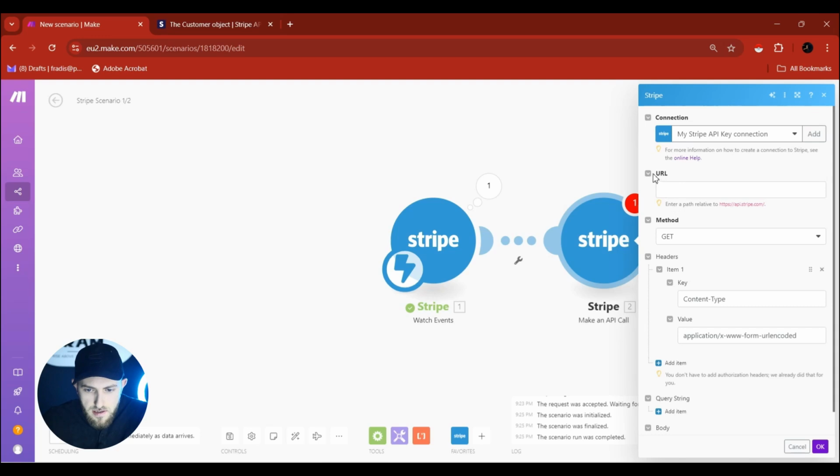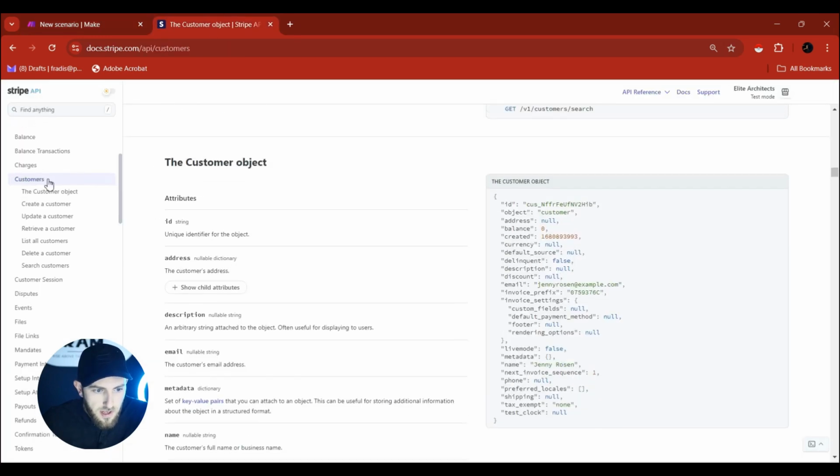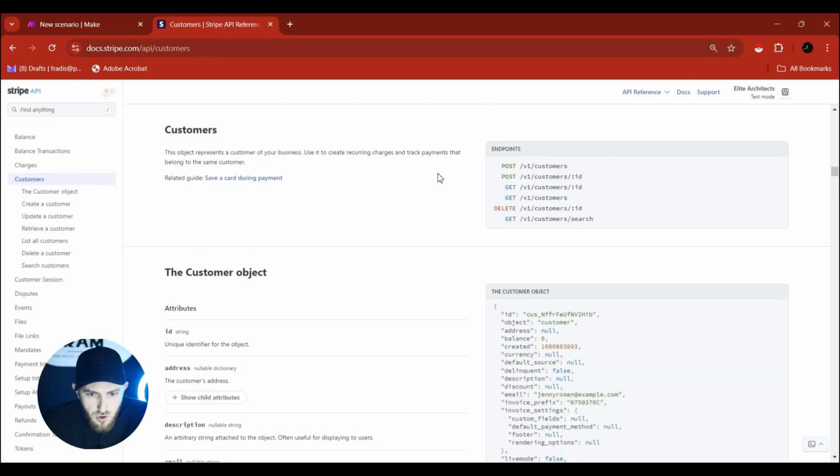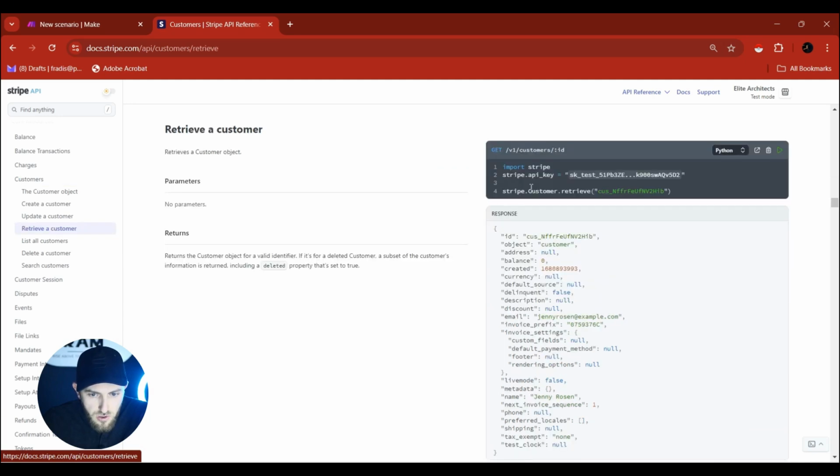Now look at this. We need to put a specific URL here and we need to find the customer, right? So here we go. We need to get the customer, that specific customer. So this is what we need to use over here. Retrieve a customer. Fantastic. So we take a specific string of characters and copy that without the initial slash over here, and then the API call is going to be a GET call